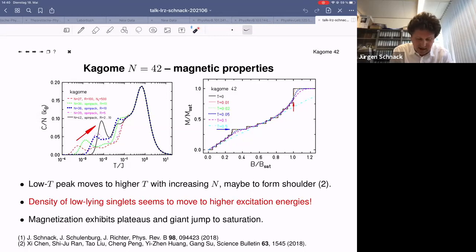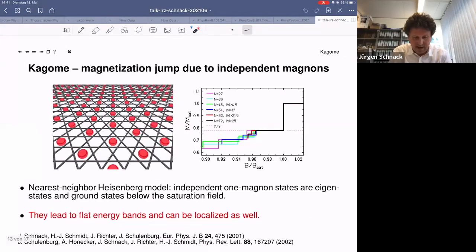The peak moves upwards, and it's believed, or there are numerical hints, that in the end it will end up as a shoulder on the low temperature side of the major hump. This is shown here in this paper. In our paper, given here, we also provide the magnetization curve that features here at zero temperature this jump, and here is a famous plateau at 1/3. But we are now able to investigate how the magnetization curve looks for increasing temperature, and it's getting smooth rather quickly with temperature. Well, at very high fields close to the saturation field, here the saturation field is normalized to 1,